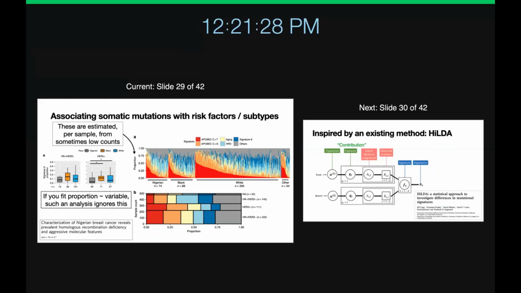And the point we're making here is that those are actually estimated from the data, and then people forget the fact that it's estimated and just do a comparison. But it's estimated, and it's often estimated from low numbers of counts of mutations. So basically, the point of this last bit is that you should not ignore the fact that it's an estimated quantity, and we have instead a hierarchical model that we've been working on to try to make these comparisons. Okay, so